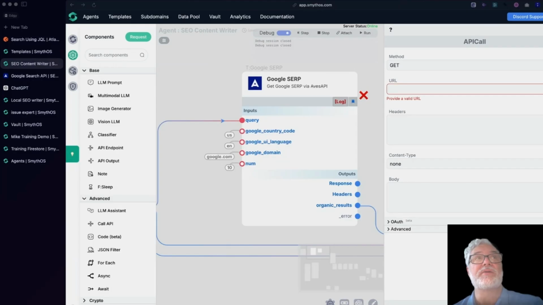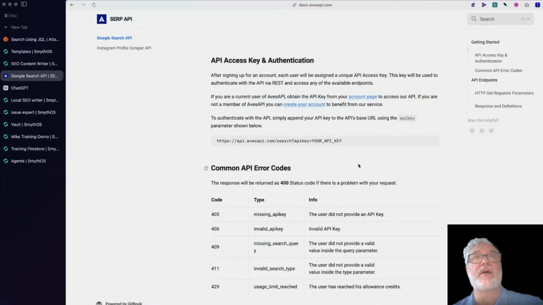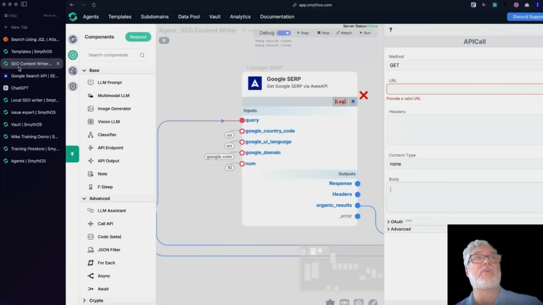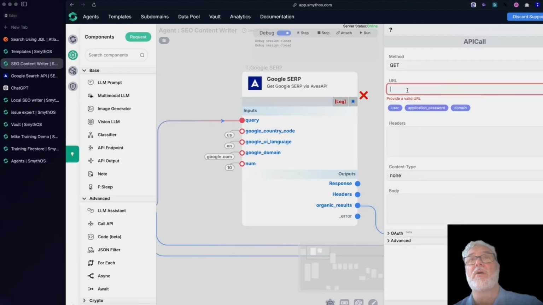Mike's demonstrating how components in SmythOS simplify API interactions. But understanding direct API calls gives you more flexibility and control. Let's watch as he sets up a direct API call. So let's go ahead and go over to the Search API documentation. Here's this, and we will copy this and then bring it over into our